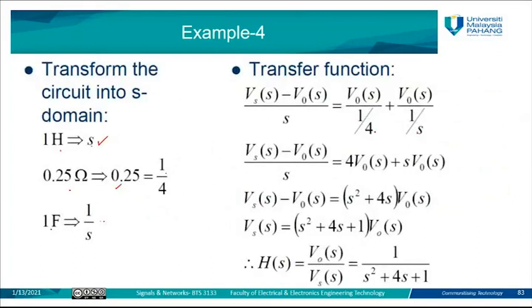So the summation of the input currents will equal the output currents at a specific node, okay? Then you simplify this to find the direct relation between V out and V in, or Vs. You already have only V out and V in, so you can find the direct relation. So simplify: this 4 goes up, this S goes up, same. So it becomes 4 V out, S V out. You take V out outside, you still have 4 plus